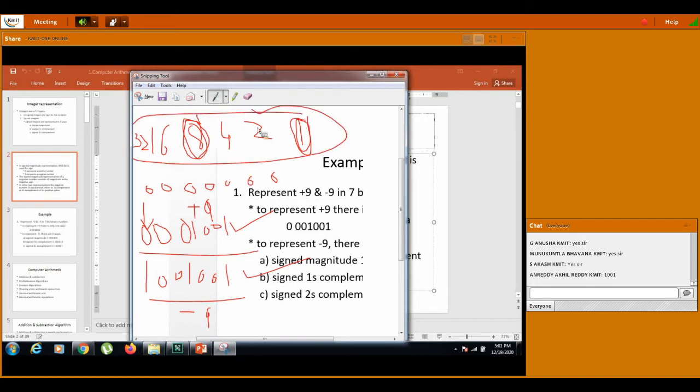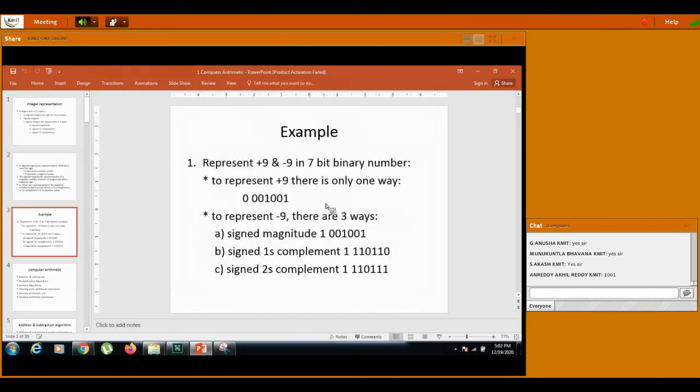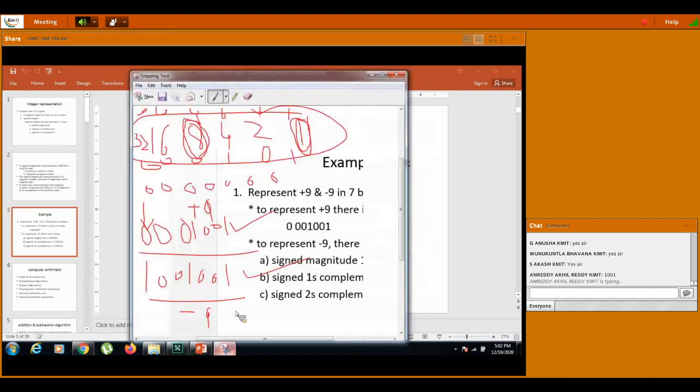So remember this code. For example, you want to write 3. How do you write 3? You write 0 0 0 0 1 1. If you want to write 5, then 0 0 0 1 0 1. That is a 6-bit representation. Here I am using 7-bit representation, but here I have written 6-bit. If you want 7-bit representation, add a 0 here if it is a positive number; if it is a negative number, add 1 here.